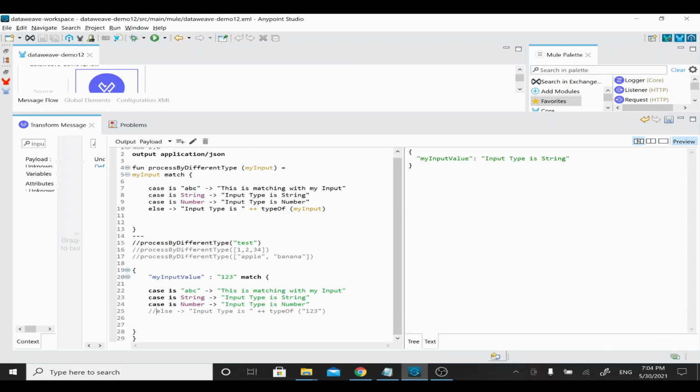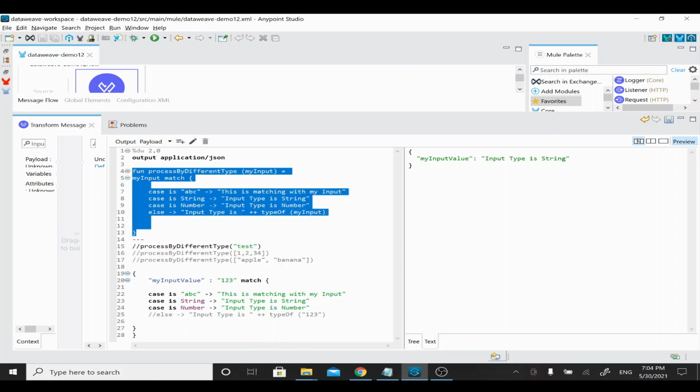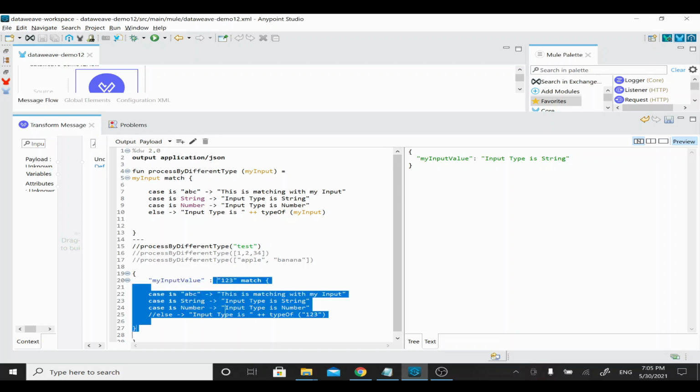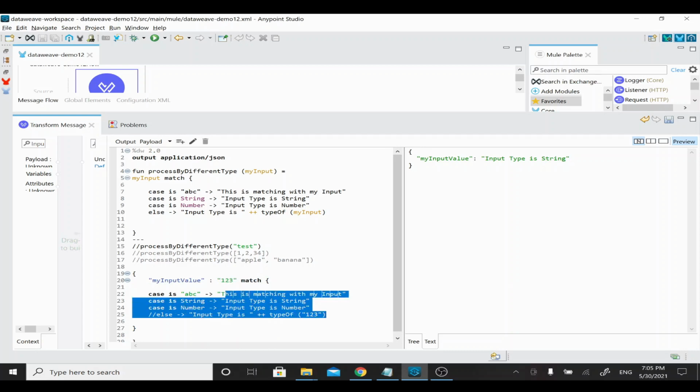So now what is happening is, whatever we wrote earlier is not getting executed because I have commented everything. This function currently is not getting called from our body. So now I have curly braces which start and end, and my input value is a key, and for that key I have a condition like this. In order to print that value, I'm trying to match 123 with any of these case statements.